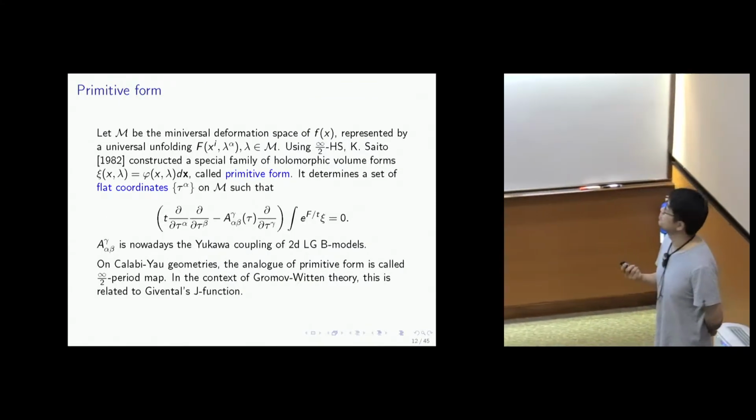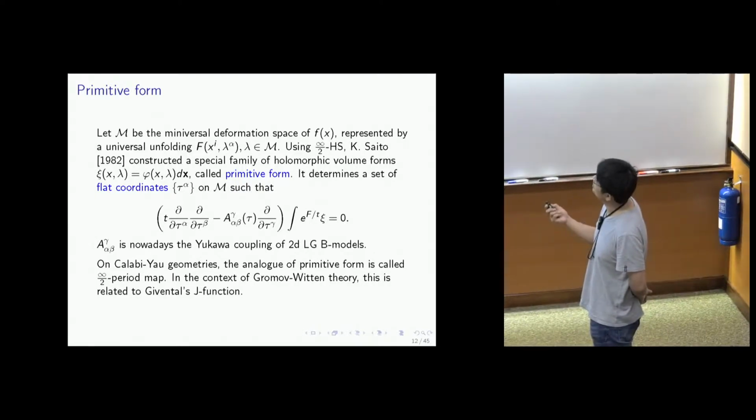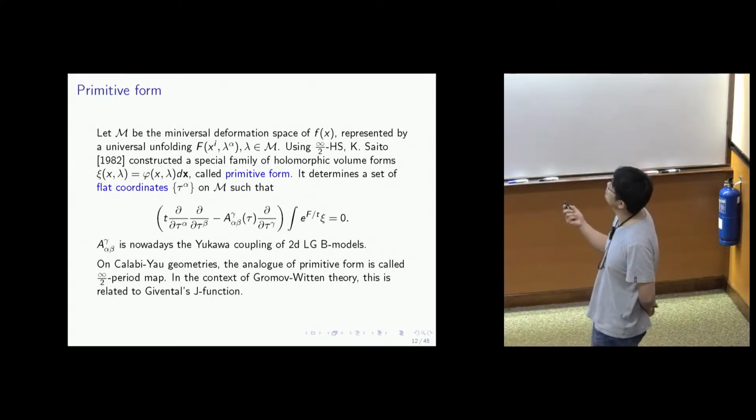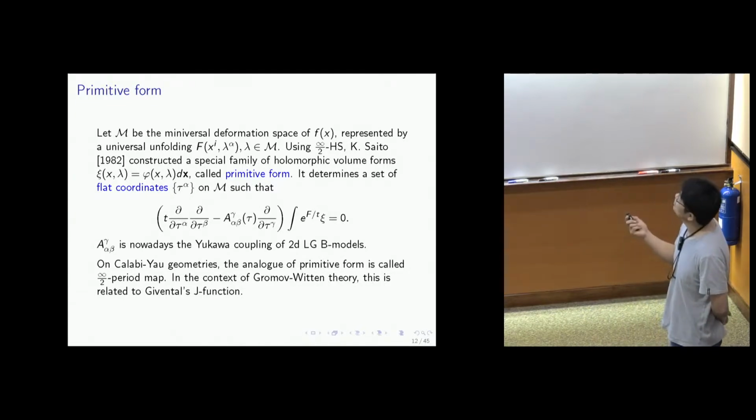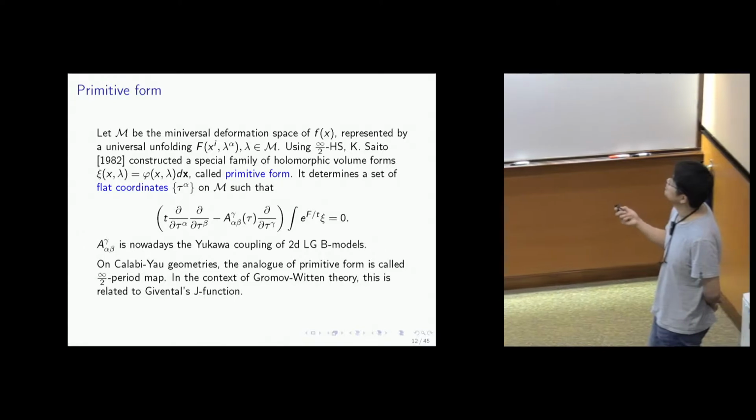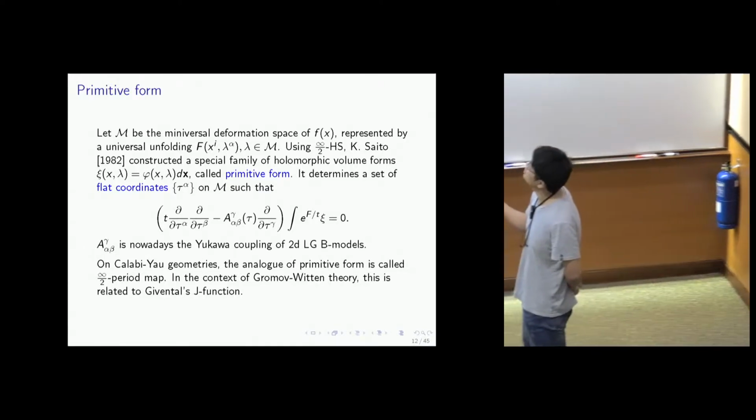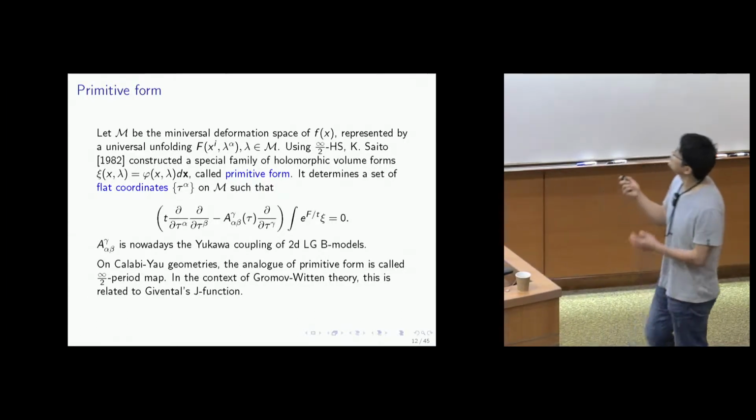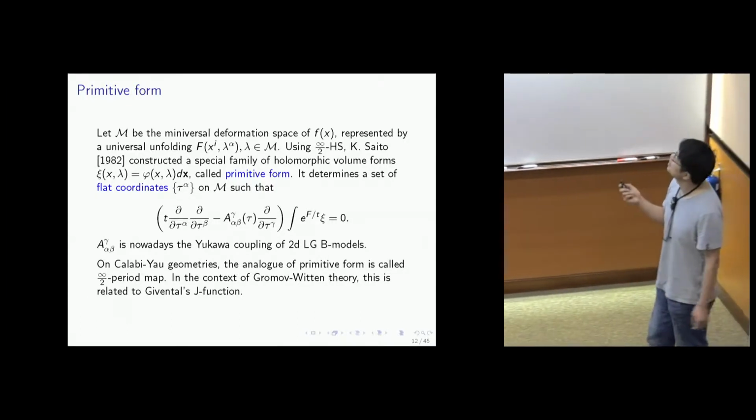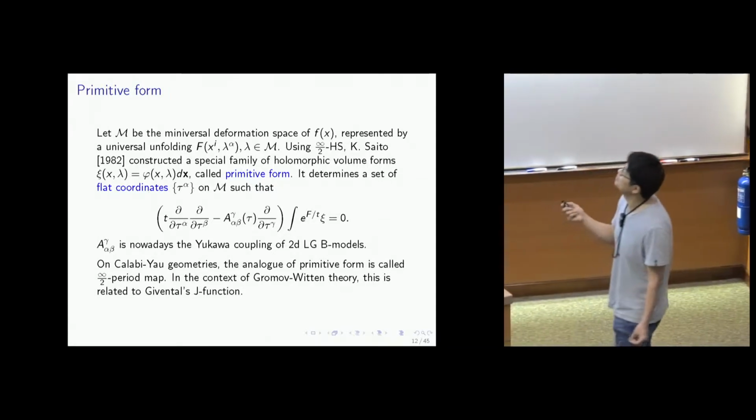Now, for this algebraic model, what's important is the following. If you look at, for example, the deformation space of this polynomial or holomorphic function, it is usually represented by a so-called universal unfolding, and lambda is the coupling, the deformation parameter. And using this semi-infinite Hodge structure, K. Saito, around the early 1980s, constructed a special family of